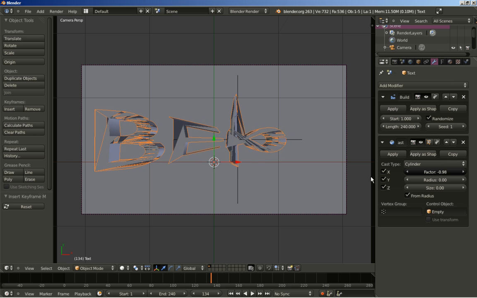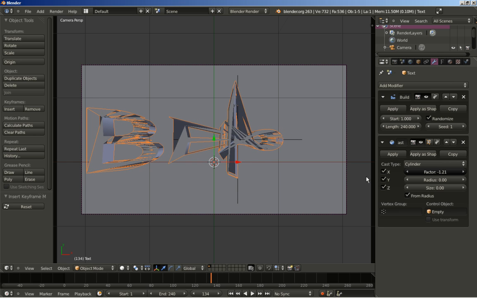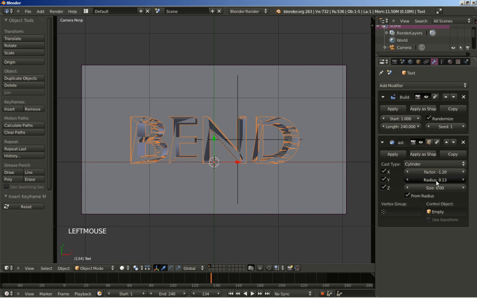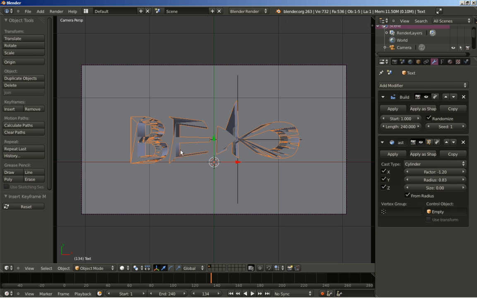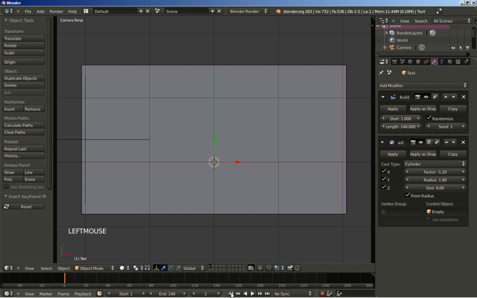Let's set it to -1.2. Okay, and I'll also increase the radius for the cast modifier, and I suppose it's the radius that the cast modifier affects the object geometry, and let's set it to 1,